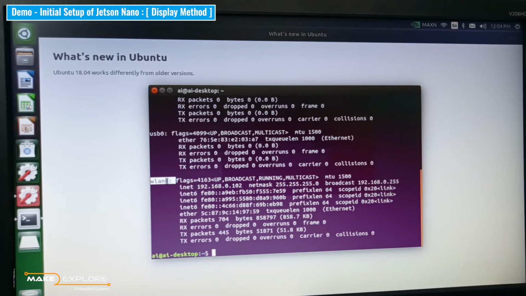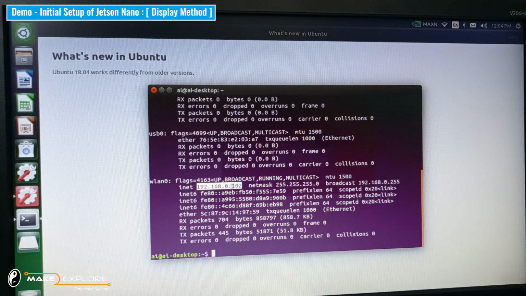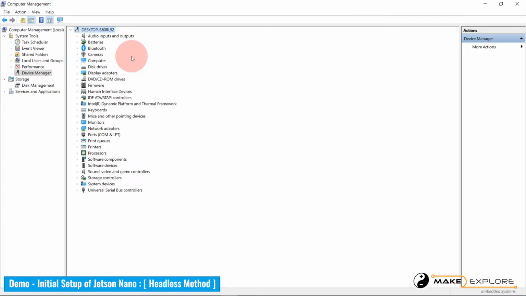Our Nano's IP address is 192.168.0.104, yours may be different. Now, you can SSH login into Jetson Nano with this IP address through your laptop or PC, but your laptop or computer must be connected to the same Wi-Fi network. So, this was all about how to carry out the initial setup of Jetson Nano using the display method.